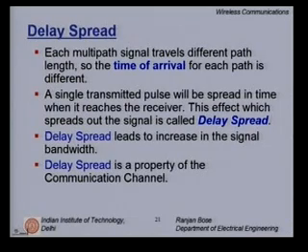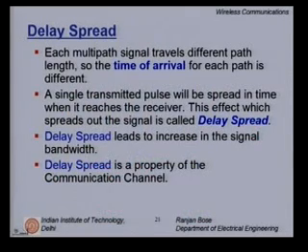Please note, this will cause inter-symbol interference, because my bit or the symbol duration might be overrun by the previous symbol transmitted, because they now arrive after a certain delay. In fact, multiple copies arrive after several delays. So, what you receive at time t1 will be corrupted by previous symbols and will in turn corrupt the subsequent symbols, and hence the possibility of inter-symbol interference. In any case, delay spread is a problem and has to be taken care of.